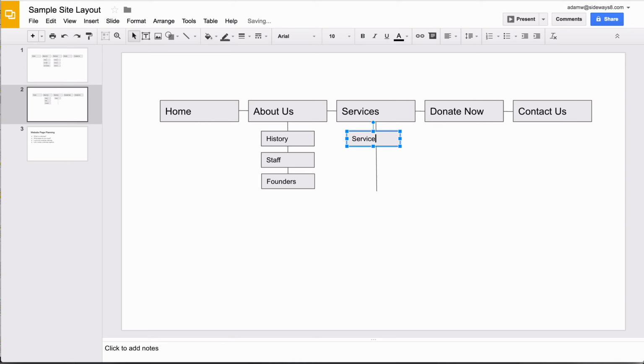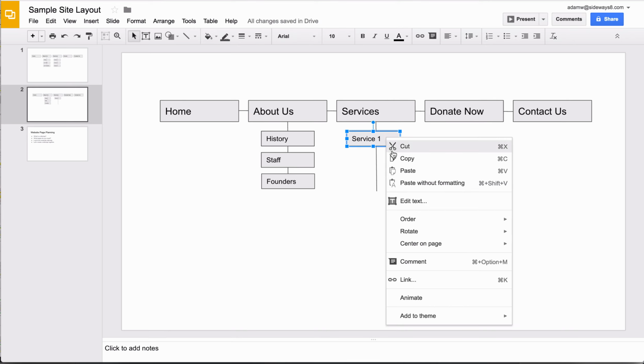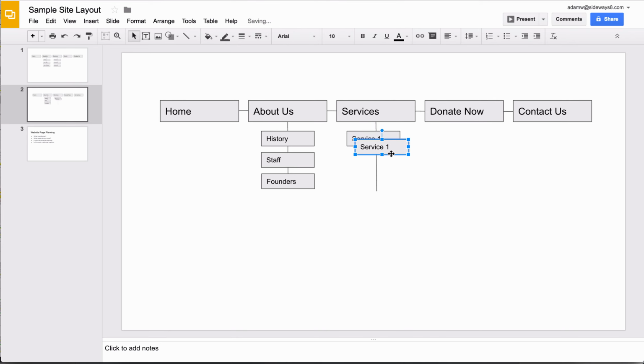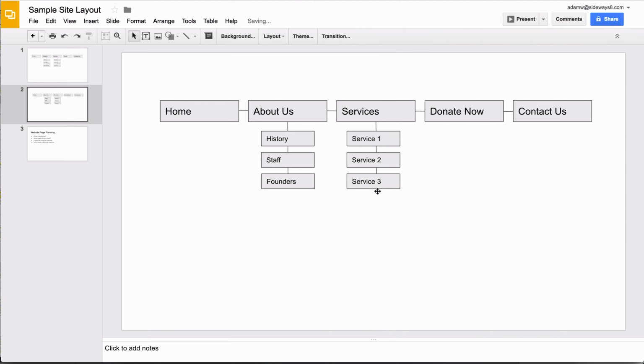Let's make that service 1. Service 2. Service 3. Okay, my line's a little crooked, so I'll have to go back and fix that later, but I think you get the idea. So what you want to do is go ahead and build out a sitemap like this, and that will prepare you for how you want to build your pages once you get access to